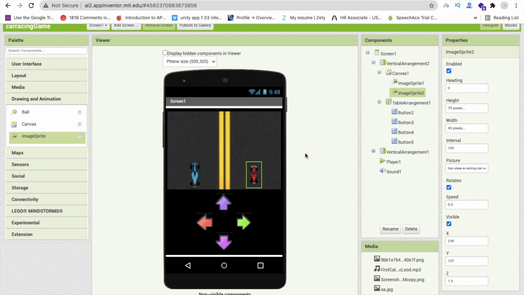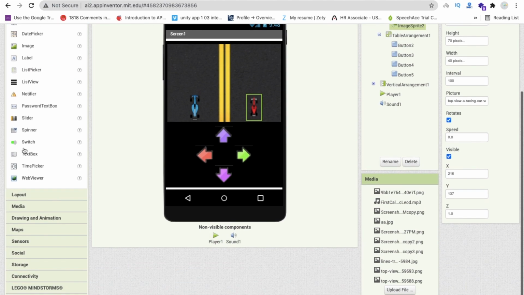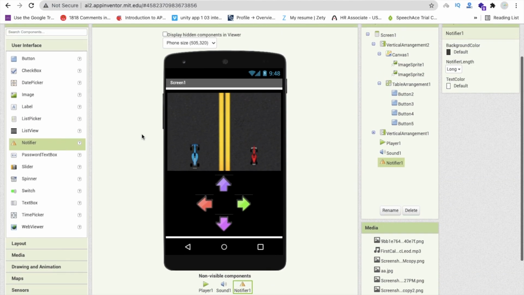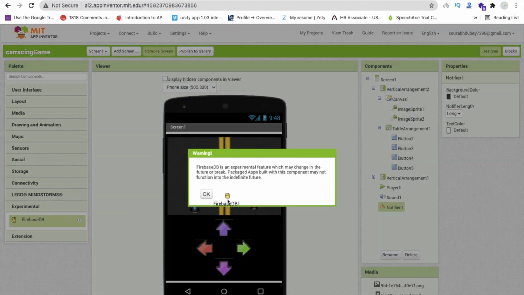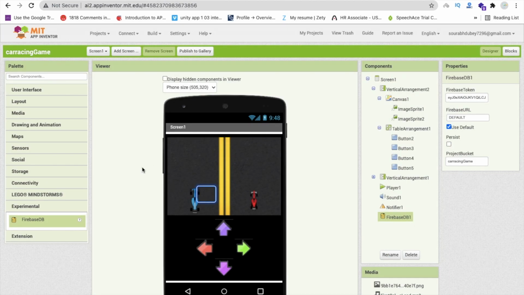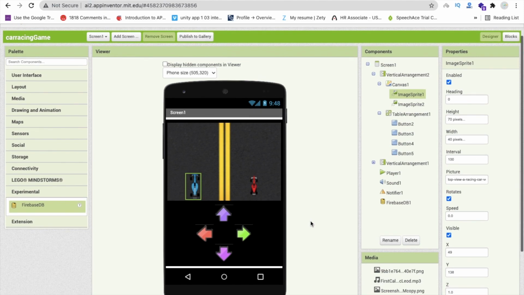Okay, now we need one notifier here to display the winner. So we'll get that notifier here. We need one Firebase to connect all the things with the database like this. Okay, now we need one more thing, a car sound. So whenever we click on the start button, we have to play one sound.